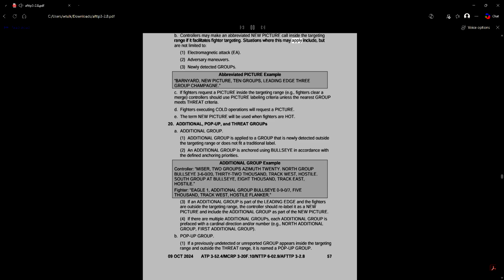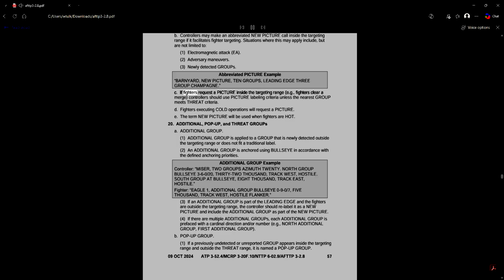Situations where this may apply include, but are not limited to: 1. Electromagnetic attack, EA. 2. Adversary maneuvers. 3. Newly detected groups. Abbreviated picture example. Barnyard, new picture, 10 groups, leading edge 3 group Champagne.